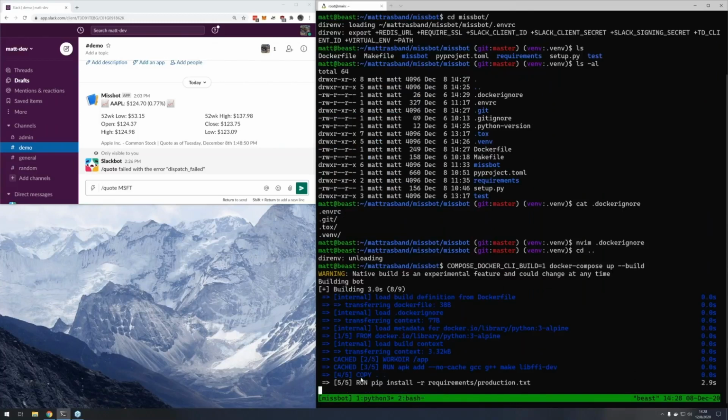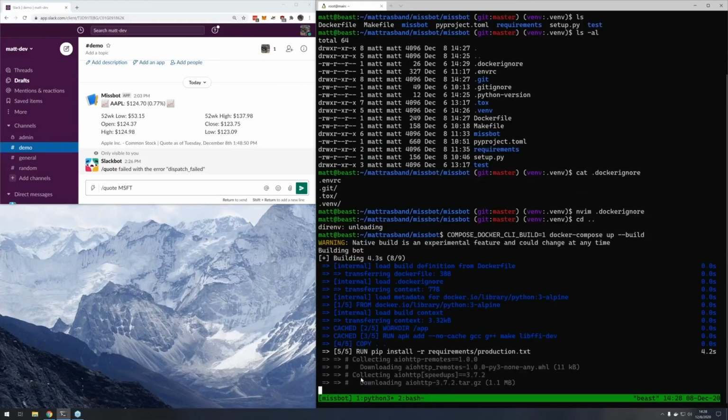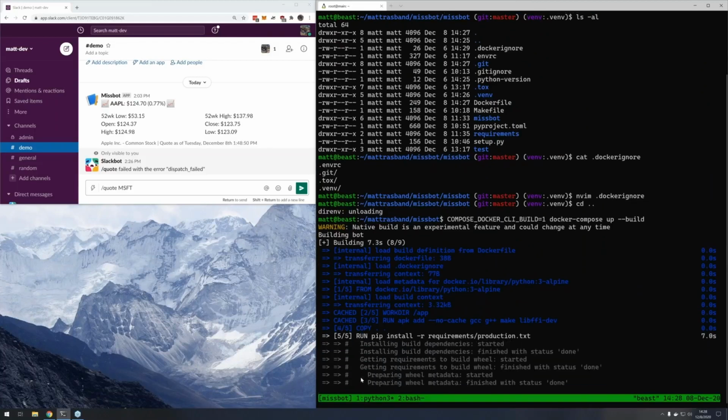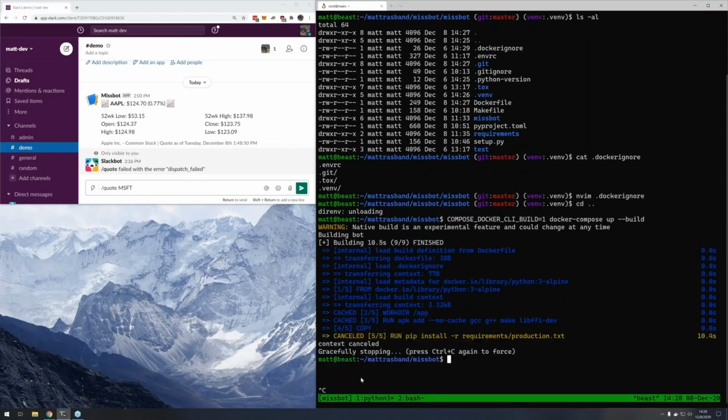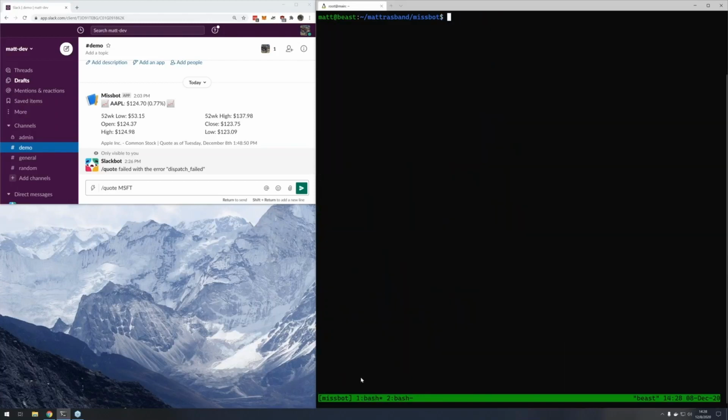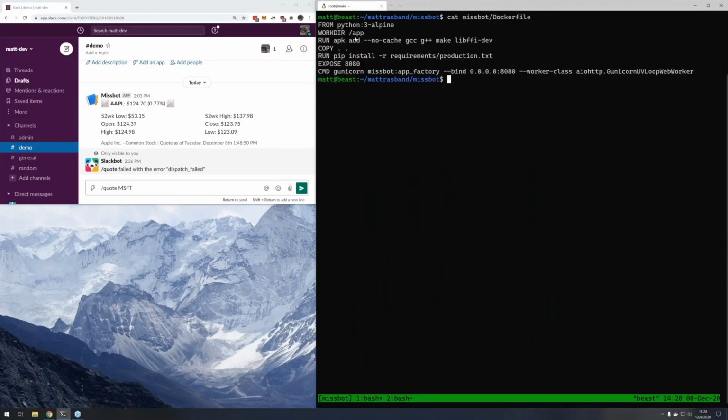I wonder if I invalidated the cache by accident somehow. Anyway, what's supposed to happen is, if I had excluded that, this wouldn't be rebuilding again. I'm going to kill that because we're going to move on to Dockerfile v2 anyway. But it would have only rebuilt that last line of the Dockerfile because nothing had changed in any of